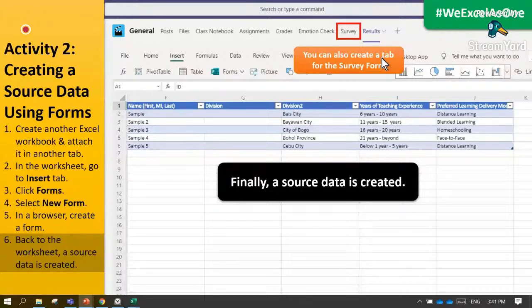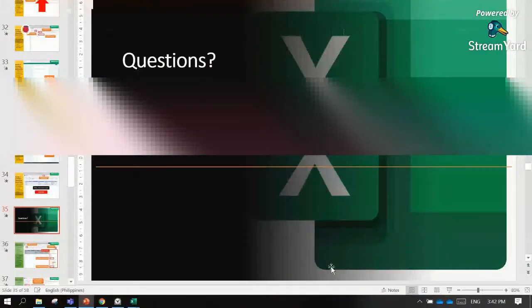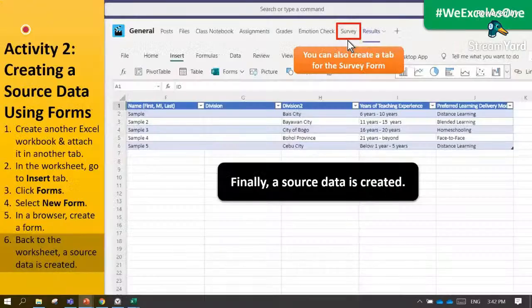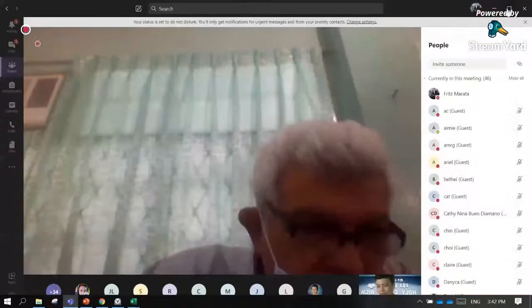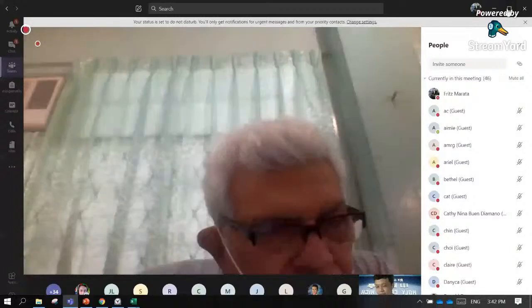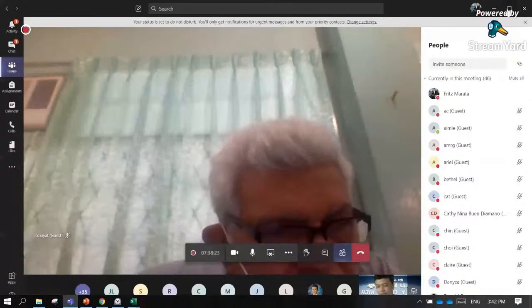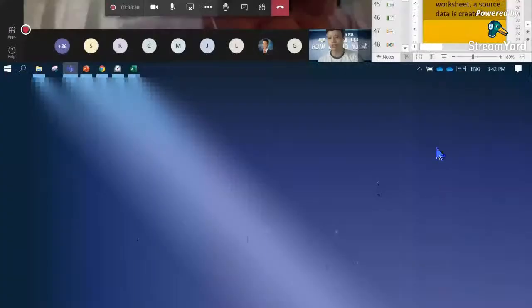Let me split the screen first, and make this step visible. I have here my Teams application. To create a source data, first is to create another Excel workbook.